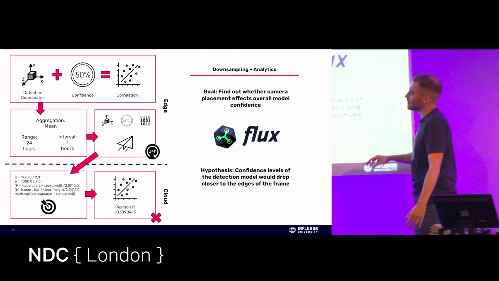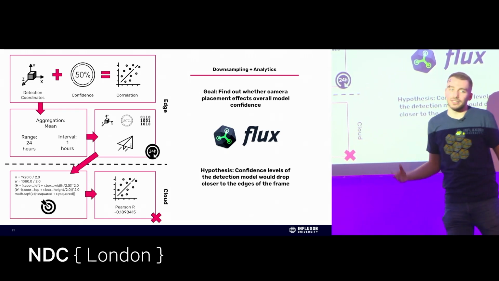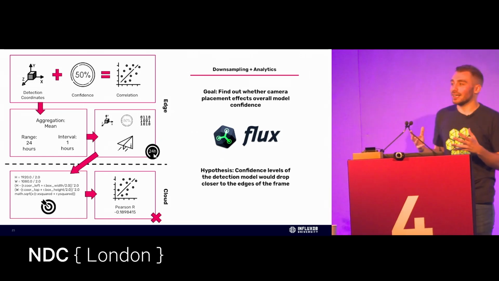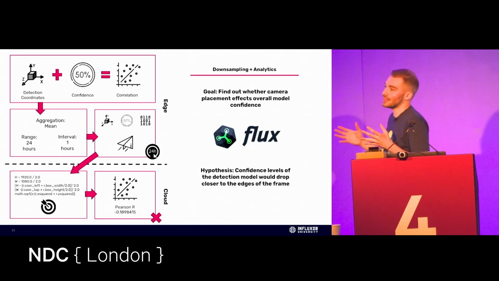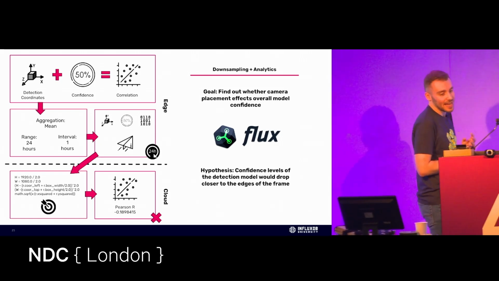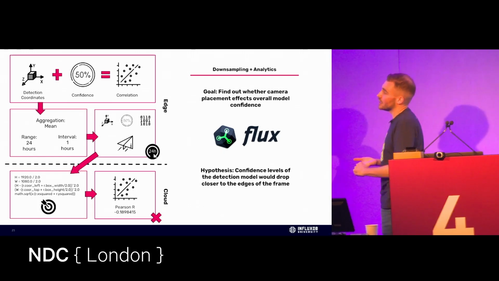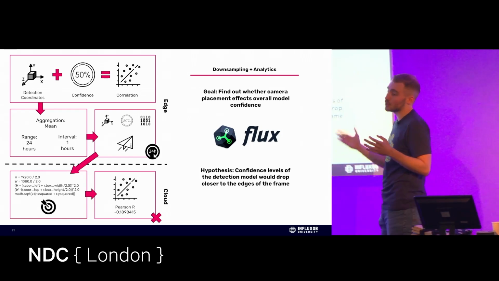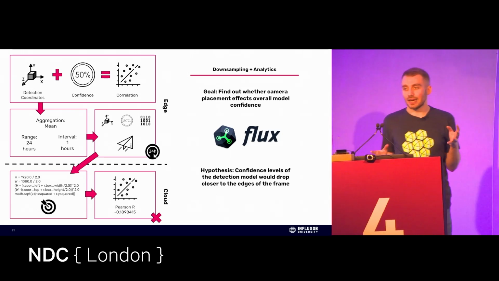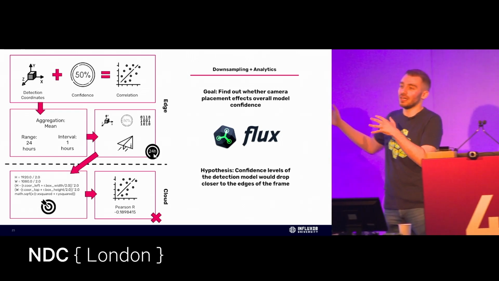So in order to do this, I first aggregated my data over a 24-hour period, and I only took the mean every hour, because to calculate this, I don't really need to see all of that data all of the time. Aggregating over a day was just more interesting to me, and it was less data to send to the cloud. Next, I ran a Flux task that kicks off every 24 hours. This Flux task connects directly to InfluxDB Cloud and offloads the aggregated data from the edge automatically into InfluxDB Cloud.